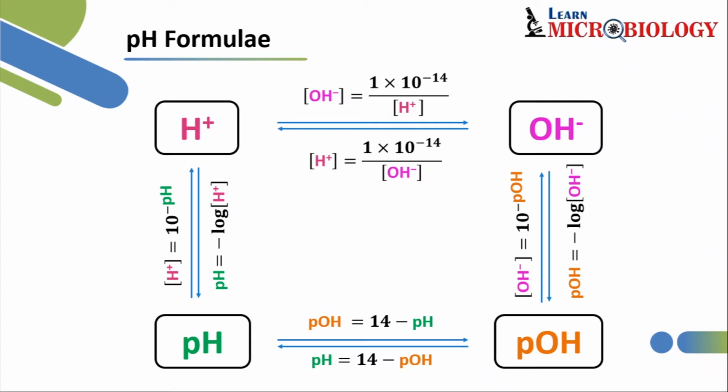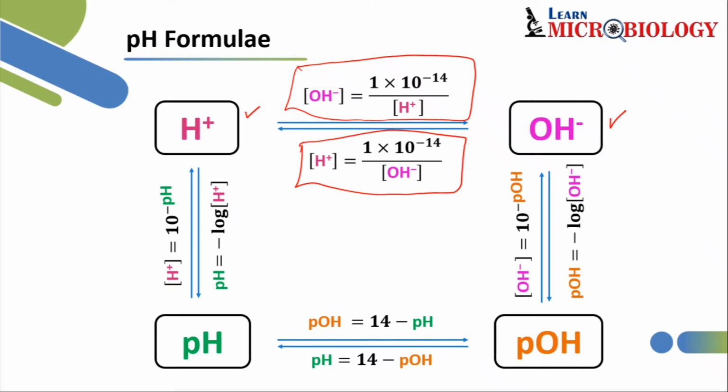Let's say you have to calculate hydroxyl ion concentration from the hydrogen ion concentration. Then you are going to use the above formula. You have to follow these arrows. In case you have to find out H plus from OH minus, then follow this below arrow and use this below formula. Similarly, if you want to find out H plus from the pH, then this is the arrow you have to follow and you use this particular formula above, and vice versa.